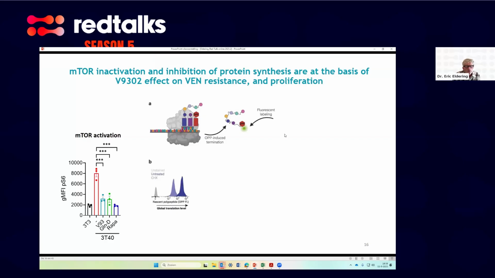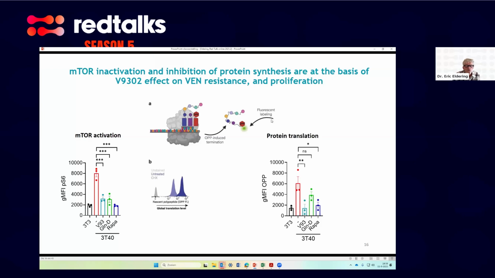If we now want to study protein synthesis under the same circumstances, we can use an assay for fluorescent labeling, again under the same conditions, and we see again that protein translation in general is also prevented if we add the inhibitor, and slightly less so if we just deplete glutamine,